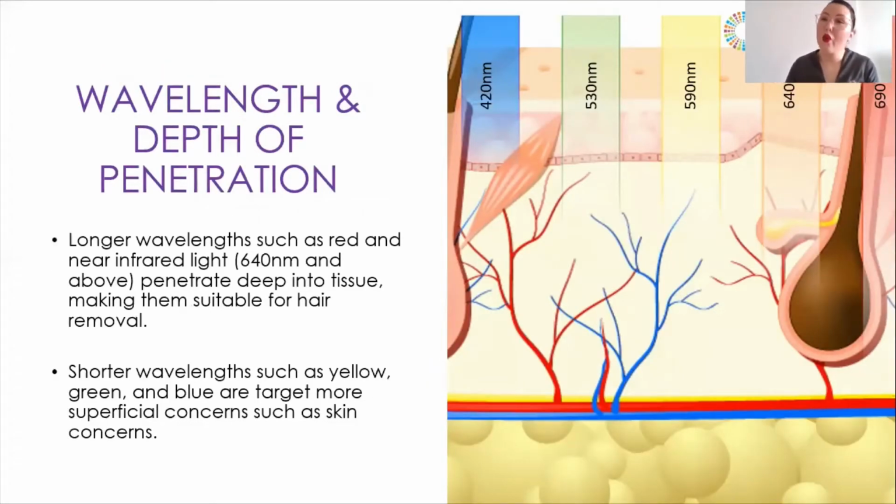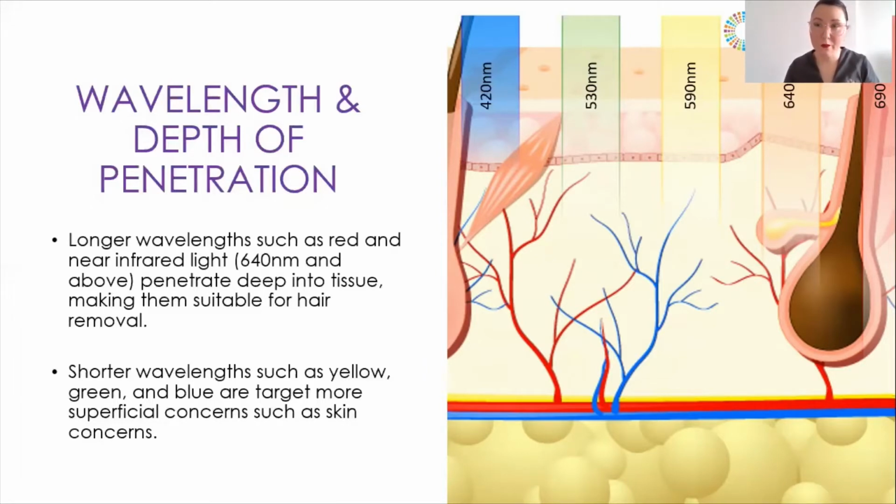Now, as I said before, the wavelength or the color that you choose to operate with will depend on the depth of penetration and what you are focusing on in the skin. Shorter wavelengths, such as what we can see here, 420, 530, are very superficially penetrating. Think of them almost like a slinky. If I take a slinky and bunch it up together, those rolls are highly frequent. They're very often and very, very close together. This makes those wavelengths very strong. They have a very strong melanin attraction and aren't often good for darker skin types such as your Fitzpatrick 5s